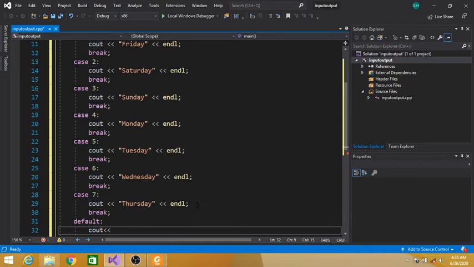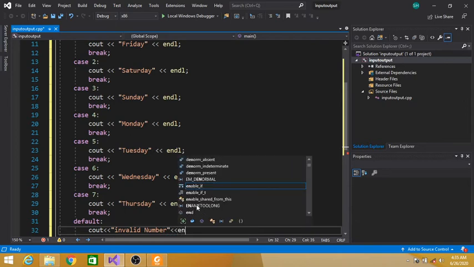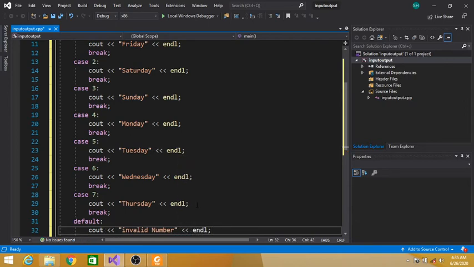We may say display any message, invalid number, means the number entered by the user is not between 1 and 7. That is invalid because there are only 7 days in a week. If the user entered 8, 9, 10, 11, anything greater than 7, then that number will not be a valid number because there are only 7 days in a week.